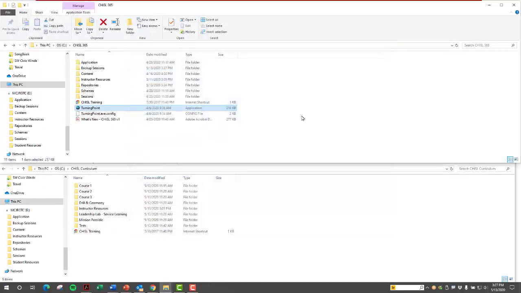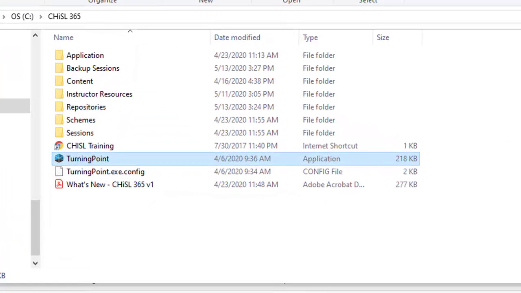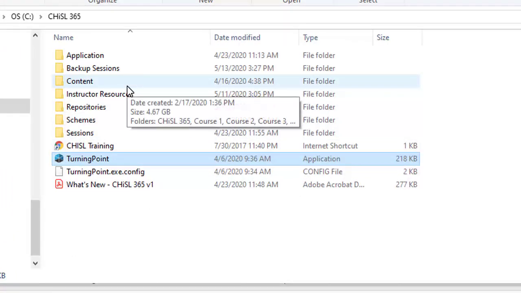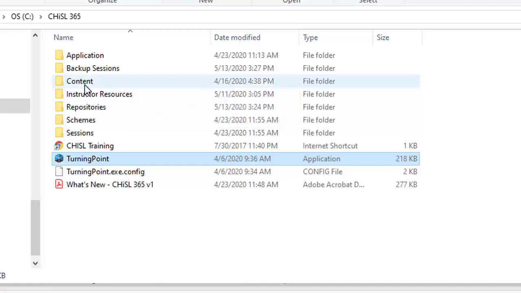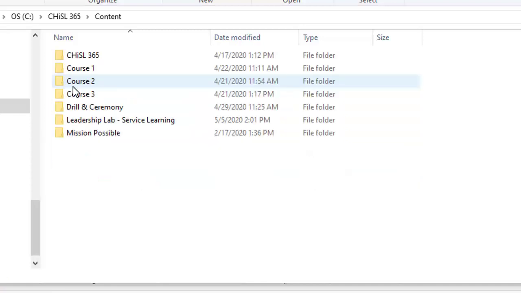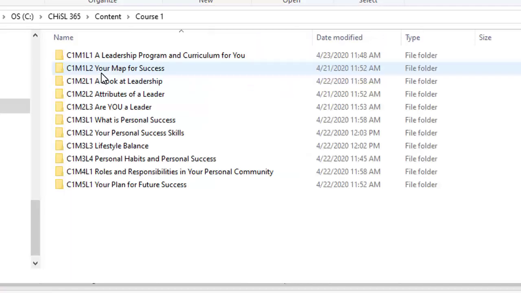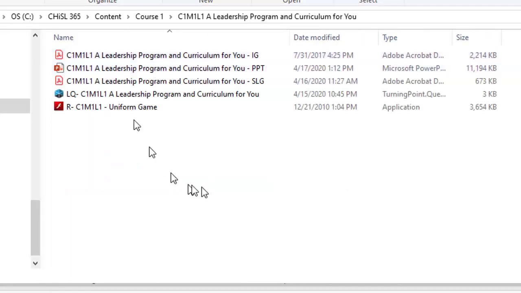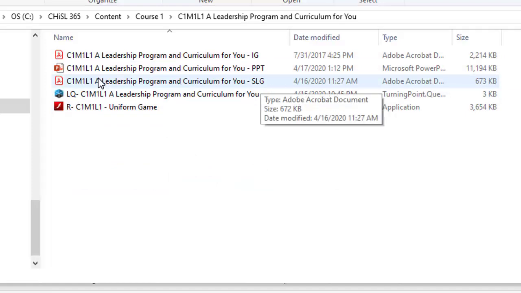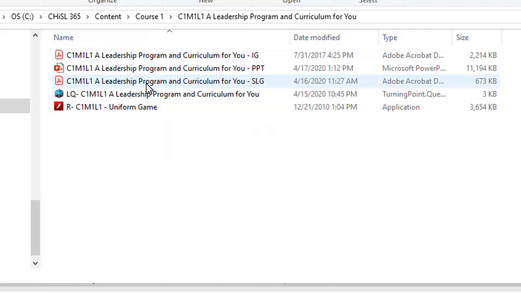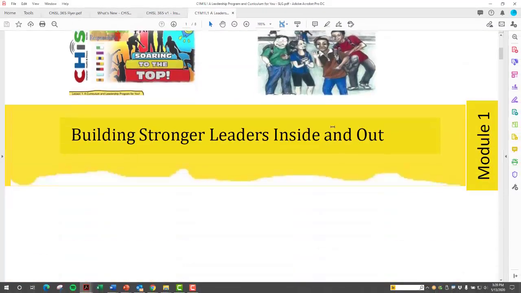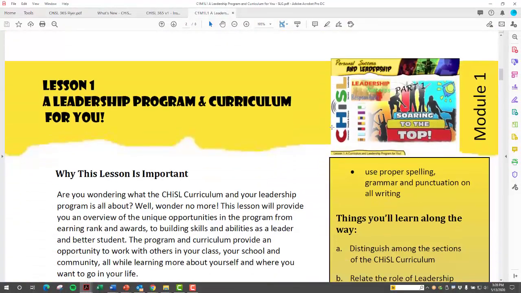A couple other enhancements to make you aware of are in Course 1. Again, we tried to focus most of our work on Course 1 and those new modules for this first version here. In Course 1, when we go into our student learning guides, again, IG is instructor guide, PowerPoint, and SLG is your student learning guide. Unlike previous versions, now when students open up a student learning guide, this is a fillable PDF document.